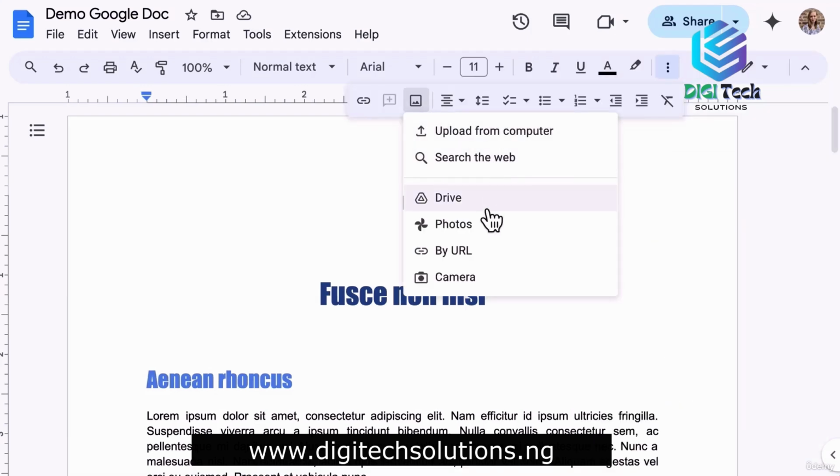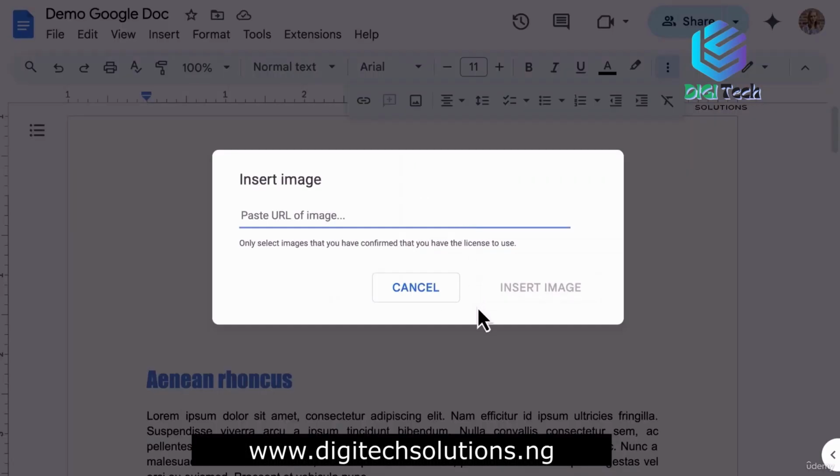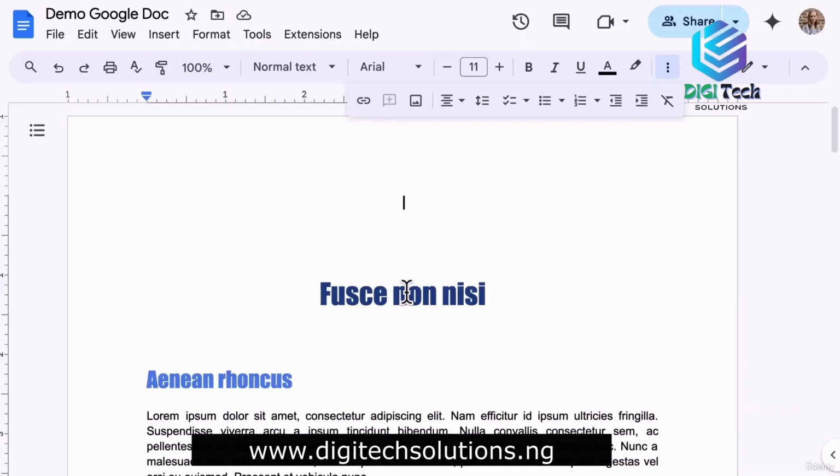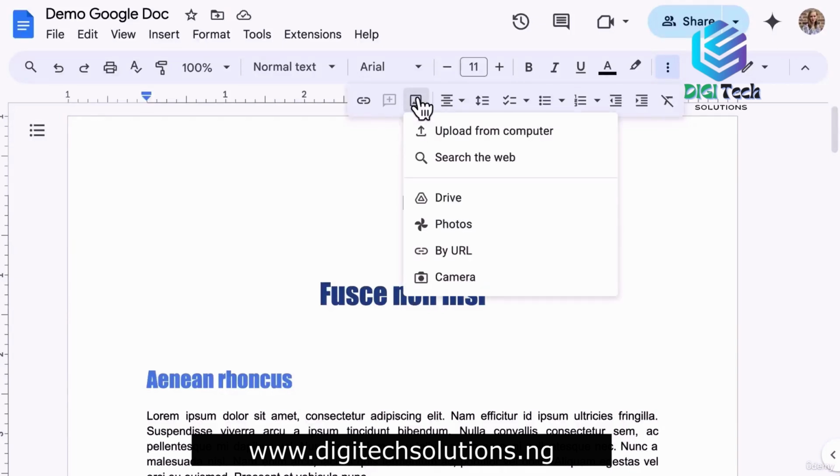The next option for inserting an image is by URL. This option is available but not commonly used. When selected, a window appears where you can paste in a link. It's extremely important that you only select images that you have the license to use and not just anything you found online. Now back to the toolbar again, select the Insert Image icon, and let's look at the last option,